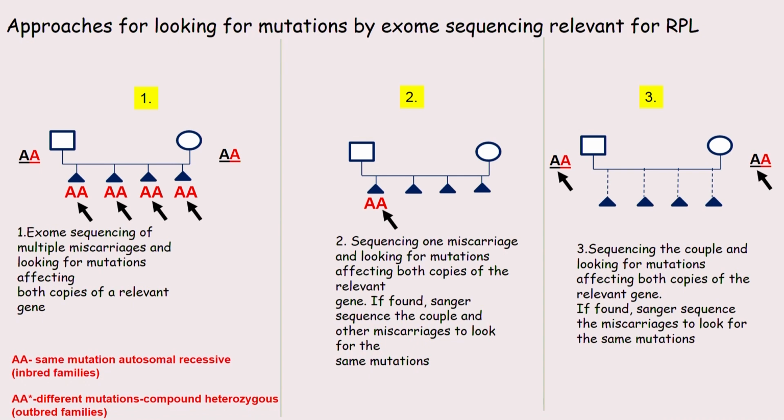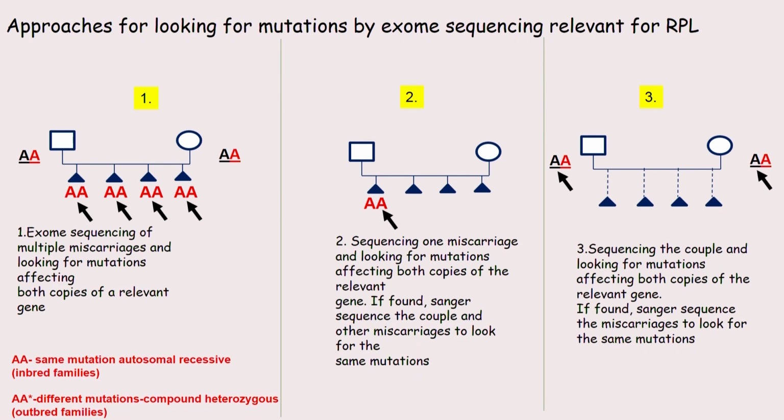So for these 4 couples with recurrent pregnancy loss, the approach we used was one of the 3 possible approaches described on this slide. The 3 approaches that one can use to look for mutations by exome sequencing relevant for recurrent pregnancy loss are the following. The first one is when you sequence the whole family. You sequence the couple and you sequence the recurrent miscarriages,